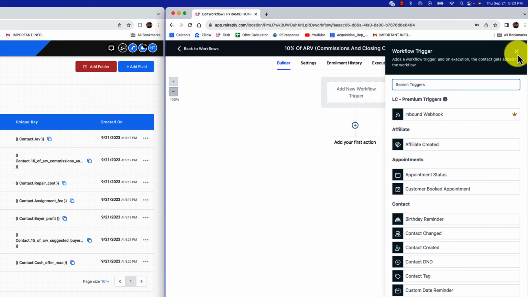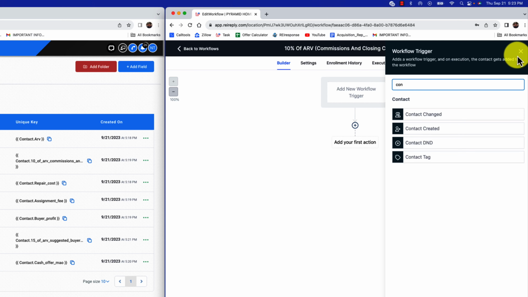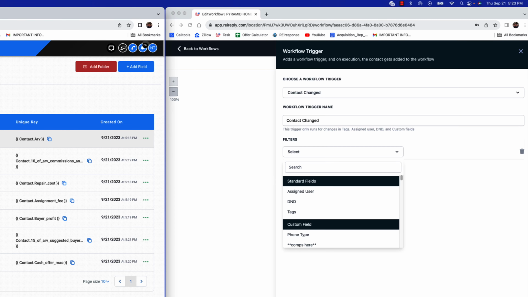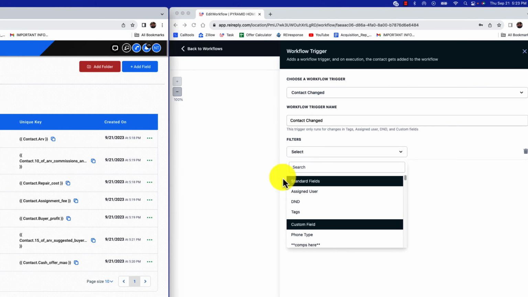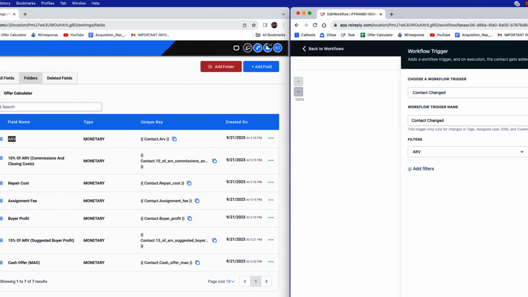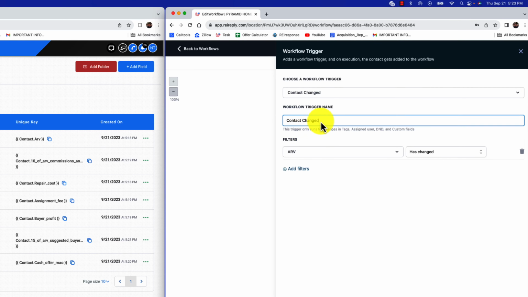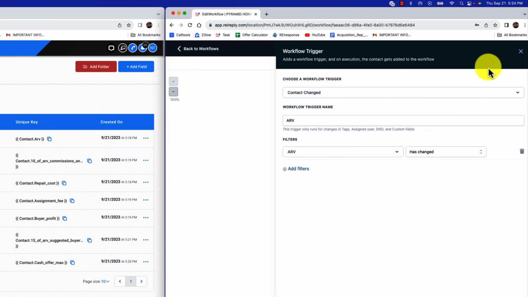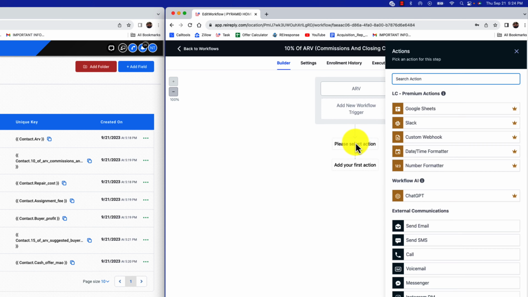What we're going to do here is press contact change, and then we're going to grab this ARV up here, type it here, and we're going to select ARV has changed. So if we put a number for the ARV, or if we change the number, it's automatically going to update the following information. So anytime the ARV has changed, click over here and go to calculations,